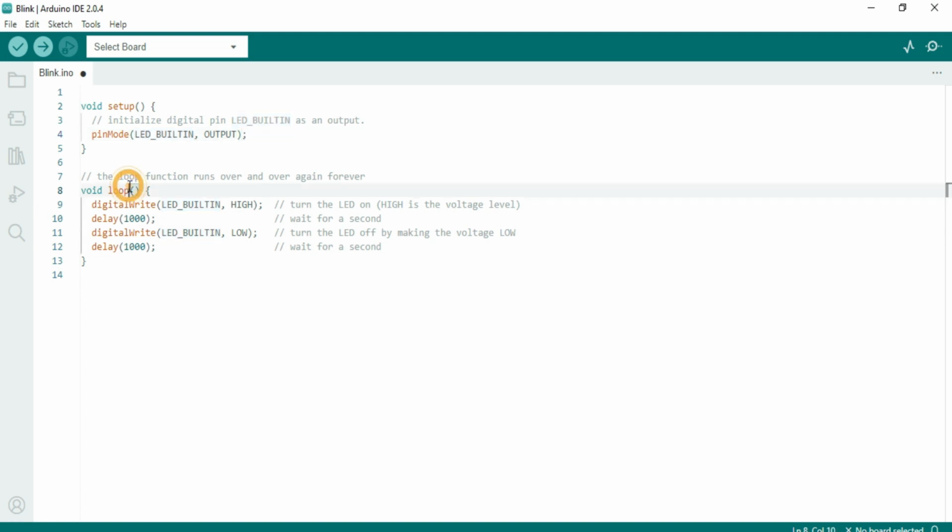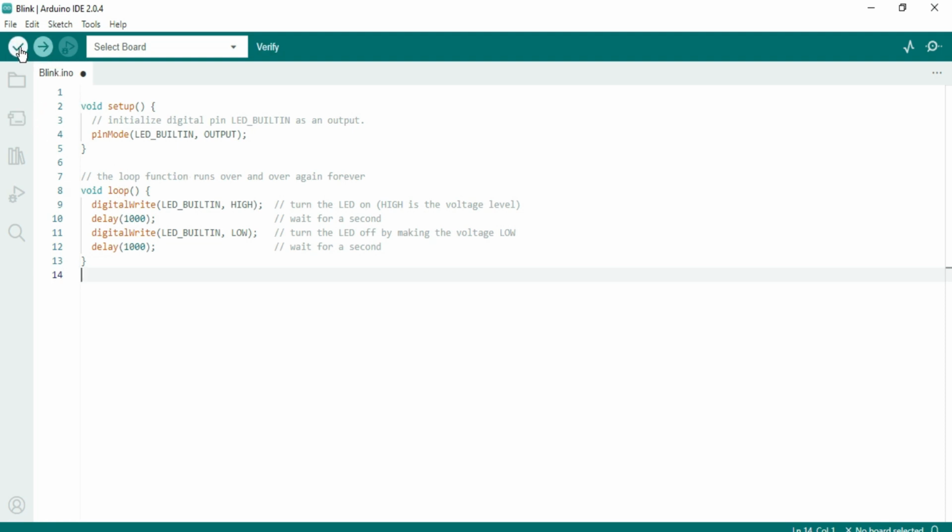Okay, and then loop is the actual functionality which is going to run again and again and forever. So now what it will do, it will write high on this output, and after that it will take a delay of 1000 milliseconds. So 1000 millisecond is nothing but 1 second, and after high it will make it low. That means your LED will get off and again it will delay. So high low, it will continuously go. Okay, so this is your basic program. So I'm not changing anything in it.